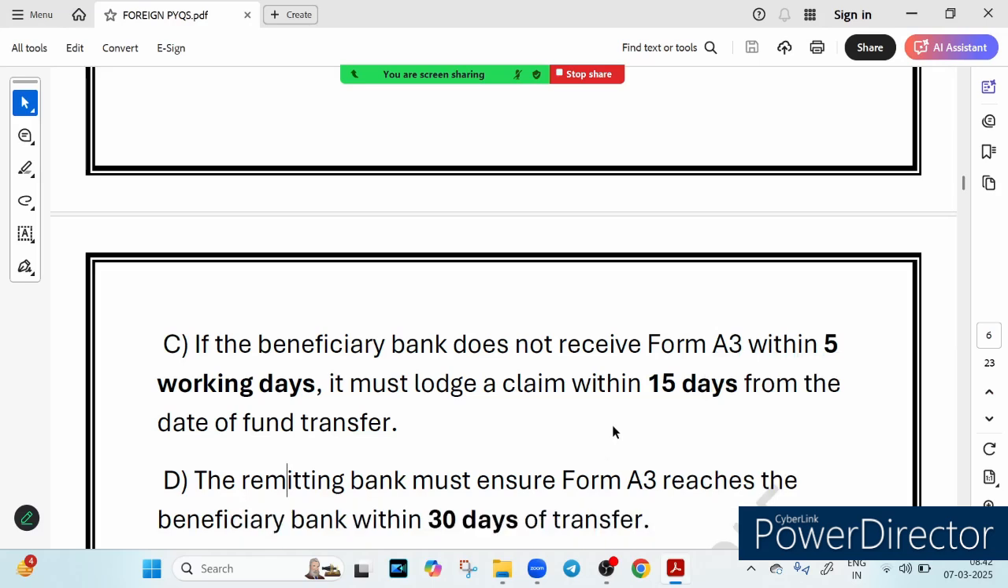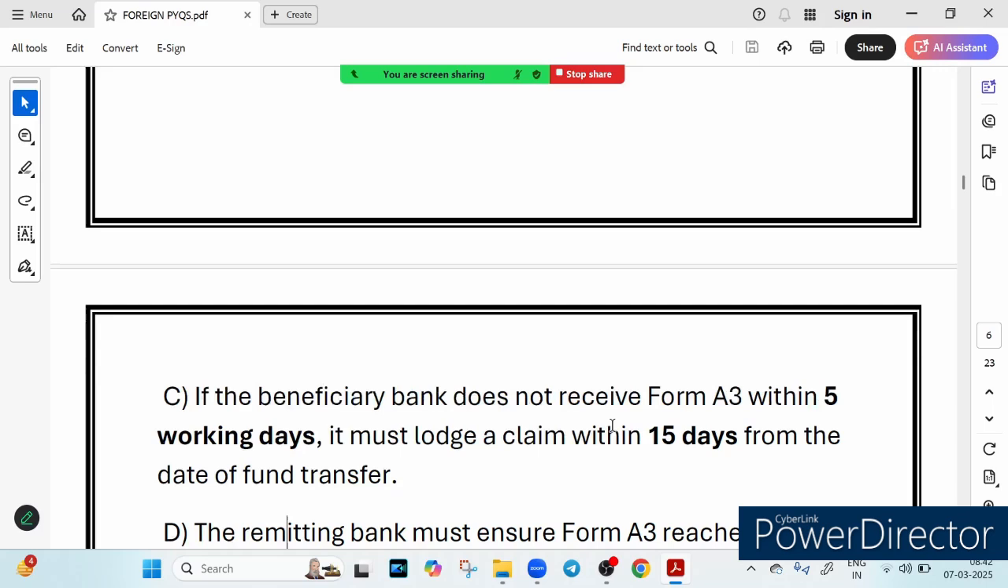Right, take a moment to think about this question. Got your answer? Let's break it down. Option number A suggests that